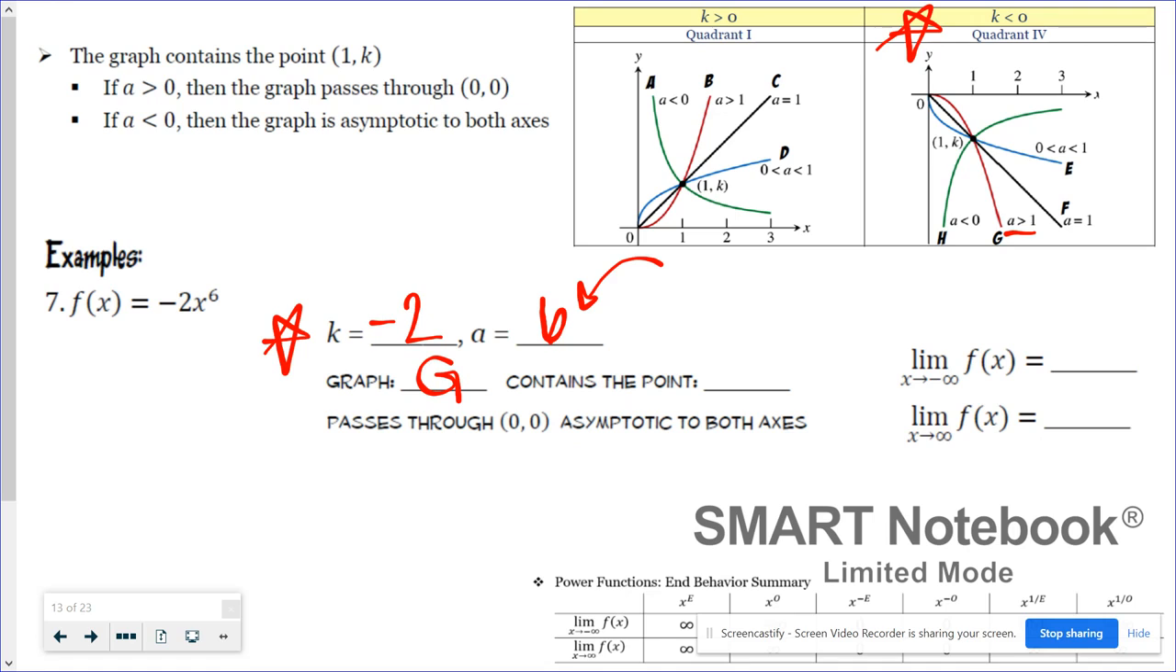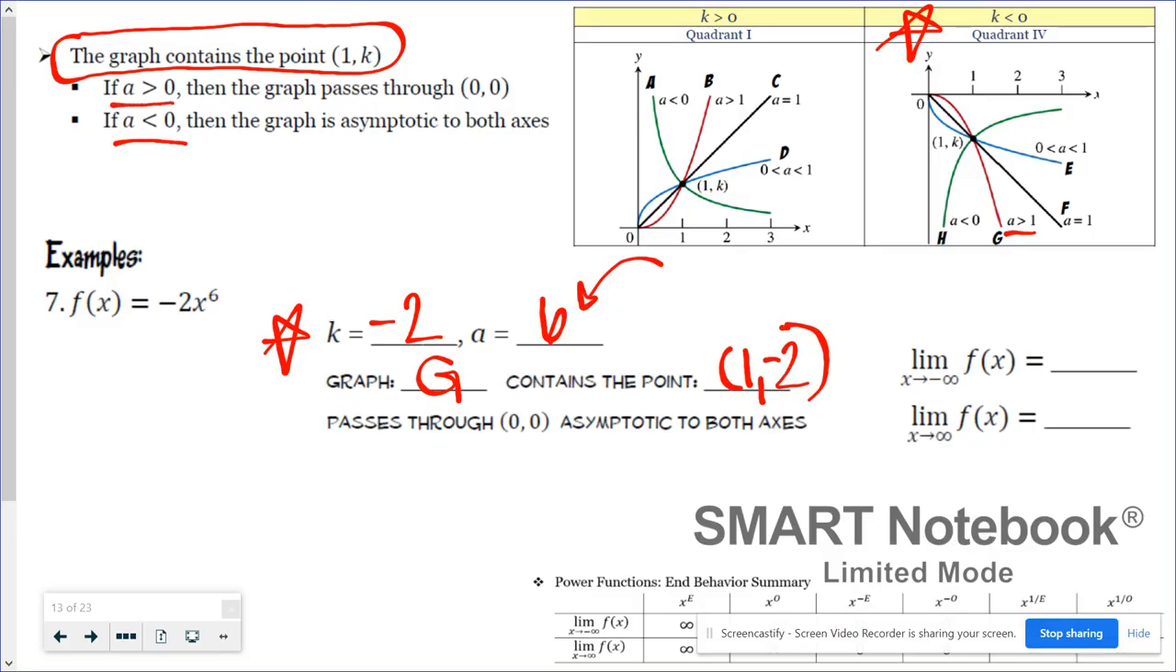Contains the point. Well, it says right here, the graph contains the point 1 comma K. So that means our graph contains the point 1 comma negative 2. Does it pass through 0, 0, or is it asymptotic to both axes? Well, it all comes down to the value of A. Is A greater than 0, or is A less than 0? In this problem, A is 6, so that means it's greater than 0, which means the graph passes through 0,